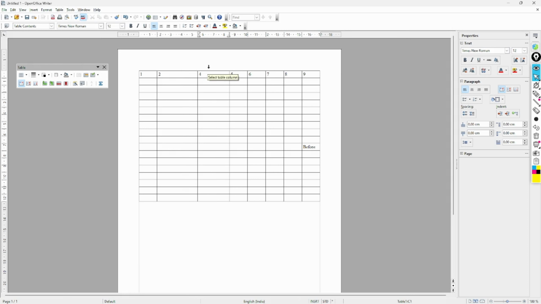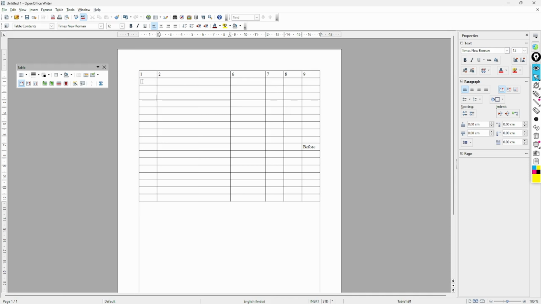See, that third column got deleted. The second way is to delete from here, correct? Delete column. The column got deleted. Once again we will try this fifth one, delete. But here you will see, when I delete that column, the next column is occupying that space. It is not leaving that space empty.